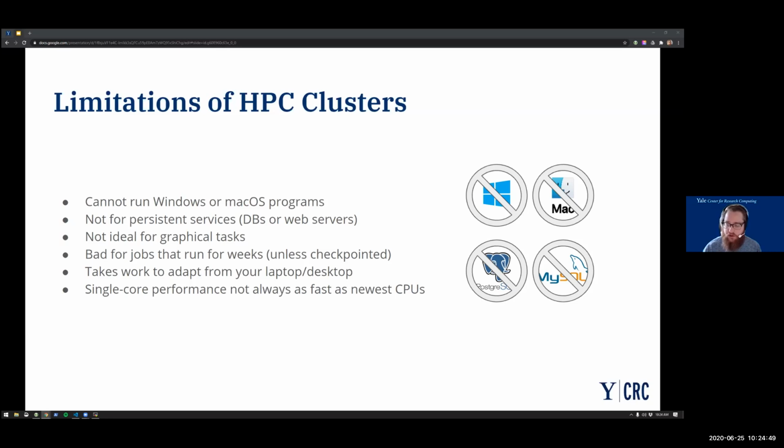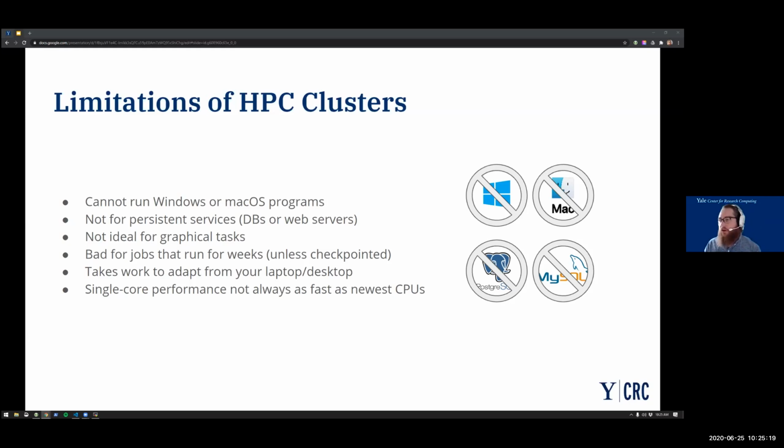if you come to the cluster, you're looking to parallelize your work eventually. And so if you do have a small application that only makes use of a single CPU core, your brand new laptop will probably beat the same computation on the cluster. So just keep that in mind as well. The clusters won't always win a speed race if you have just one horse.